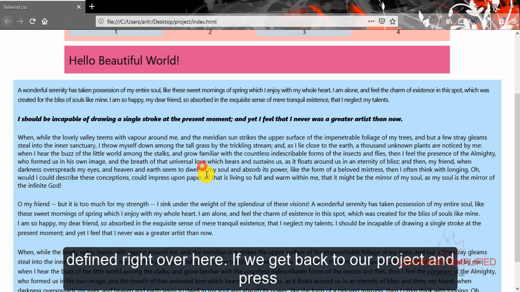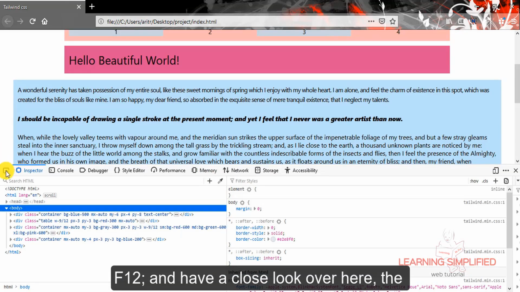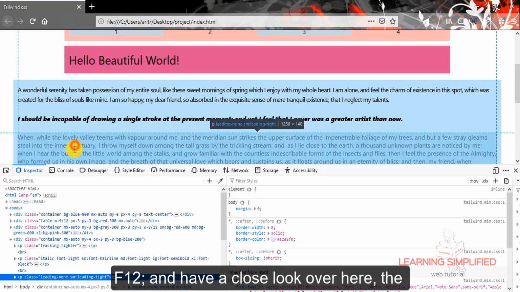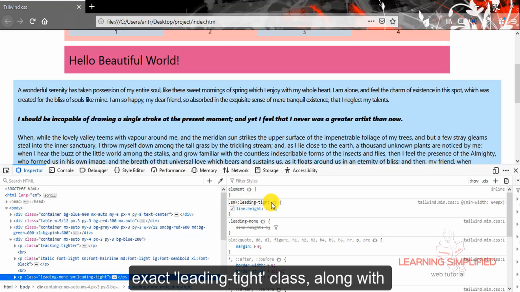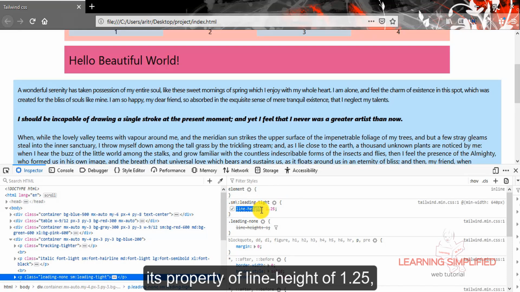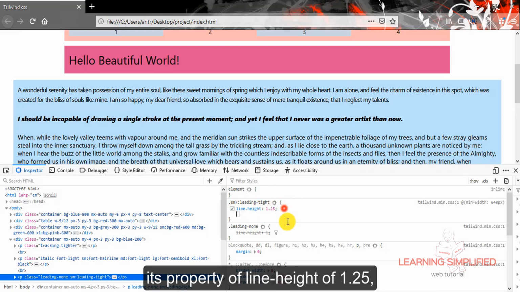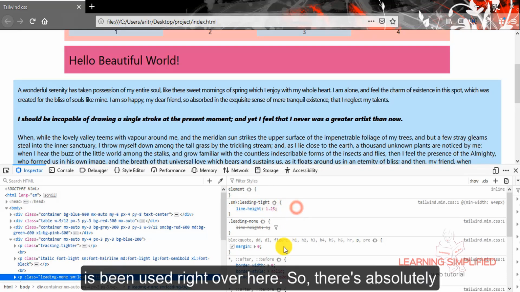If we get back to our project and press F12 and have a close look at the property of this particular paragraph, we can see that the same exact leading tight class along with its property of line height of 1.25 is being used right over here.